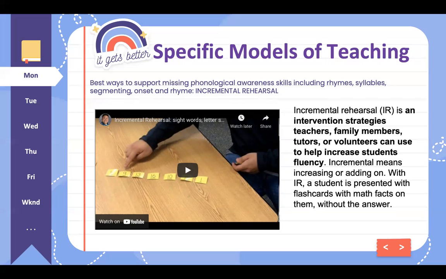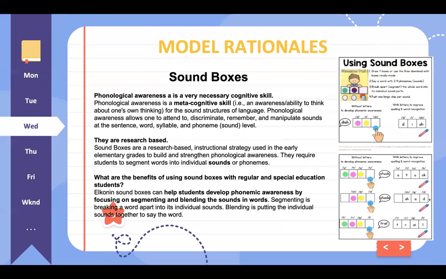And so what you do is you will have, let's say, for example, 7 cards. Out of the 7 cards, 5 of them are known and 2 of them are unknown. The goal is to introduce unknown facts to the students as they're going through their known facts, and as they continue repeating the known facts, they will start picking up on the unknown, and the unknown will then turn into known facts.